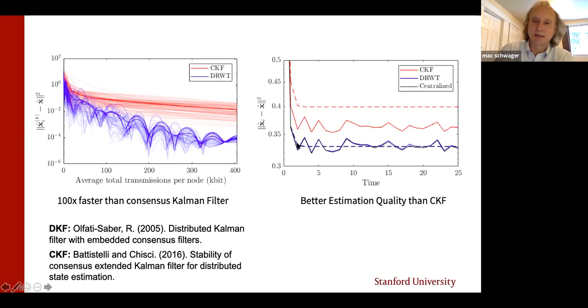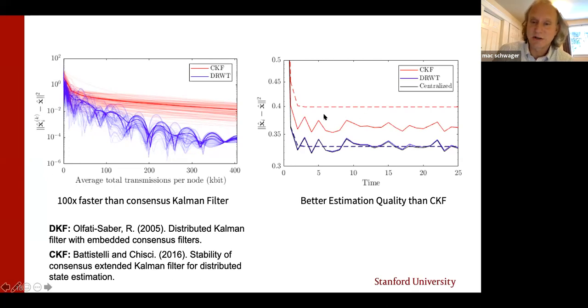And this is important because we're retrieving performance that's almost as good as the God's eye view centralized case, and we know it. What's our confidence in our estimate? That's indicated by the trace of the covariance matrix. So if we look at the trace of our covariance matrix, we know that we're doing as well as we're doing. That's important for calibrating our confidence in our prediction, right?